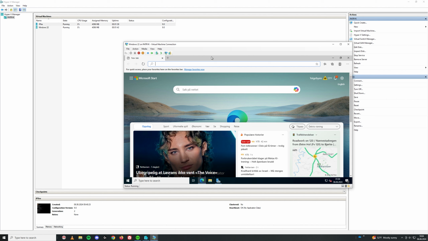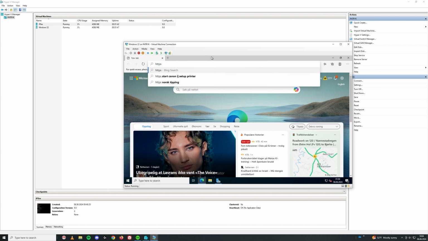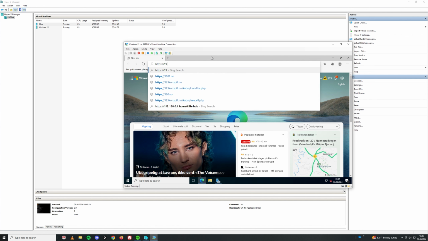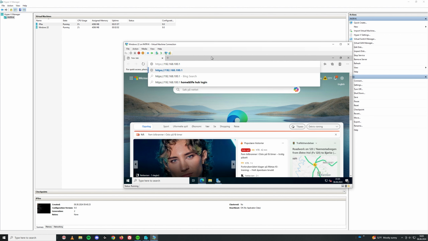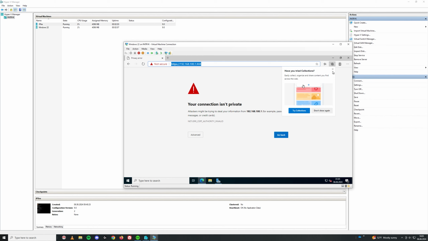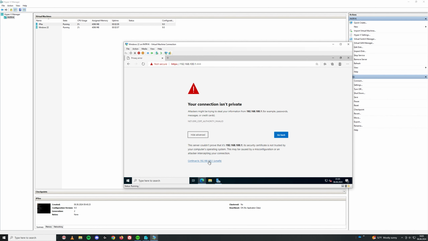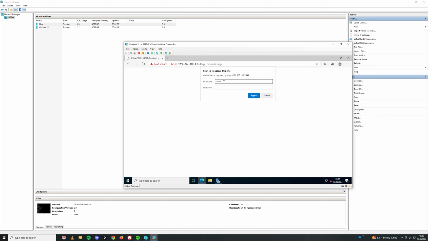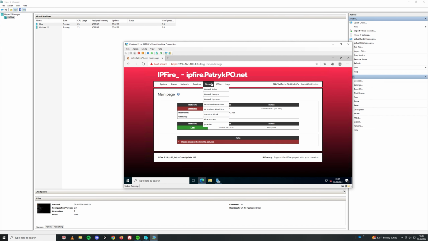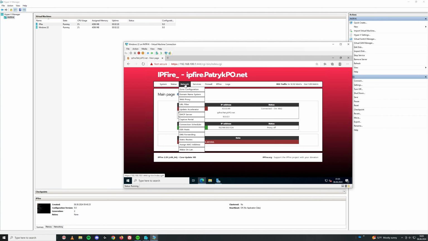start by going onto the IPFire's web GUI. So we need to just type the IP address of the IPFire, and the standard port is 444. Advanced, continue to unsafe, admin, password, and now we can go to the